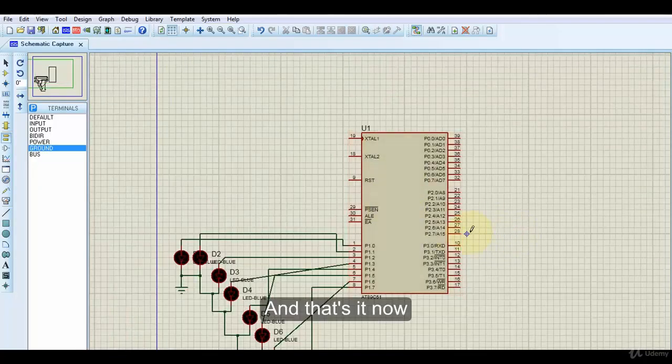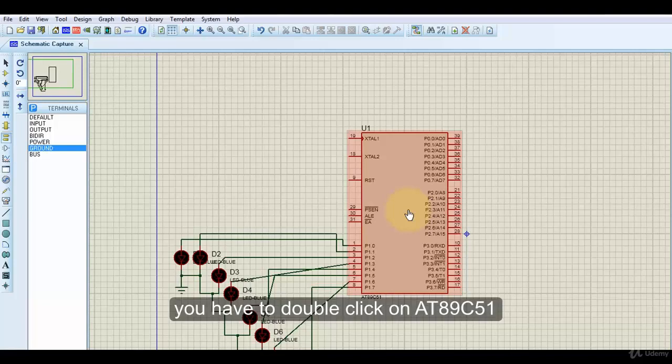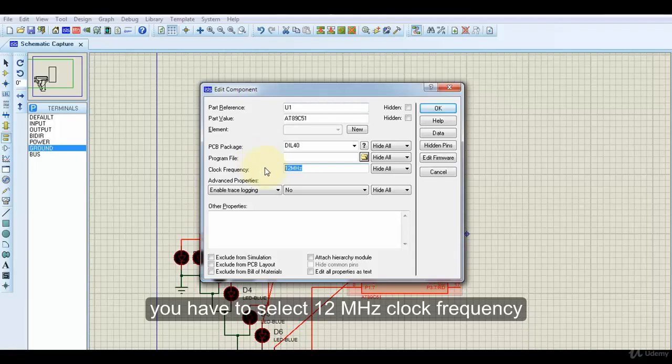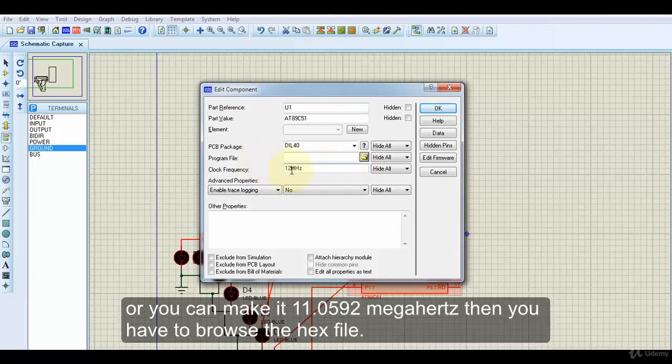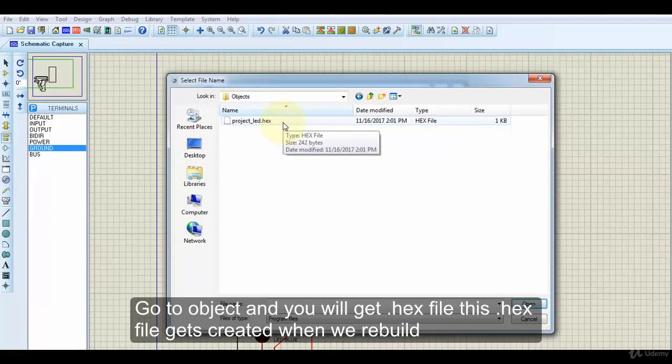Now what we can do, you have to double click on the AT89C51. You have to select a 12 megahertz clock frequency, or you can make it 11.0592 megahertz. Then you have to browse the hex file. So go to objects and you will get the hex file.